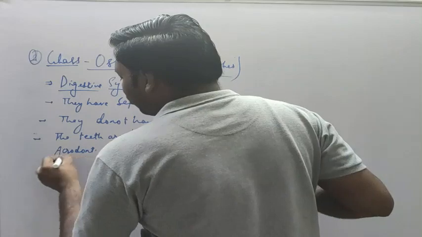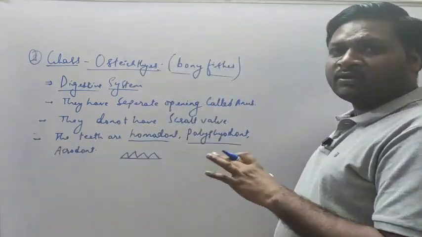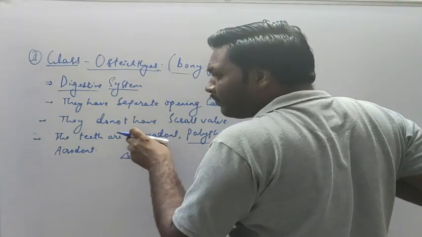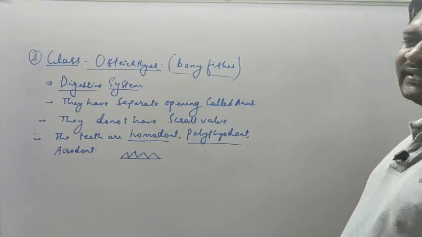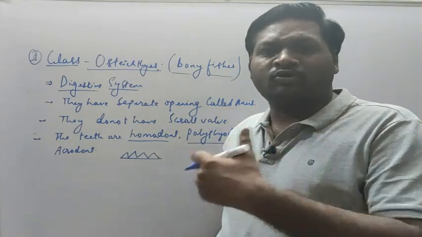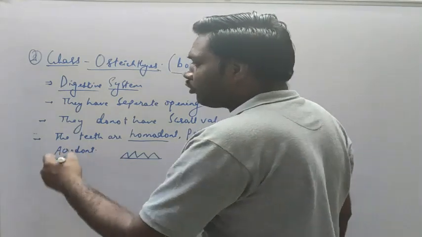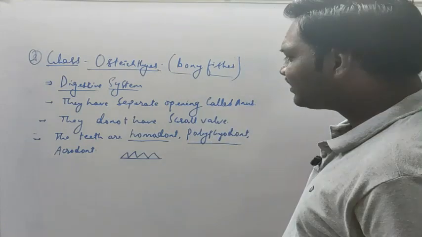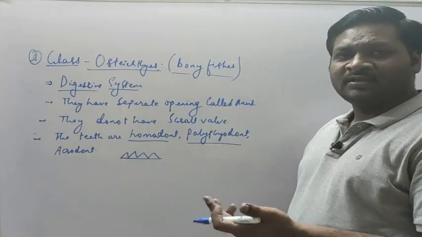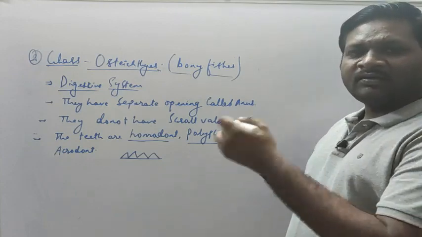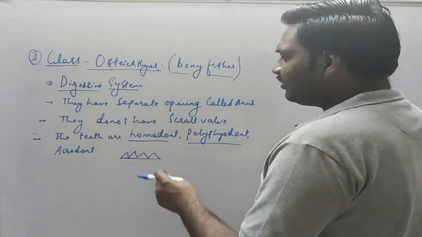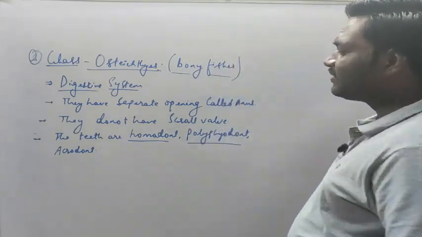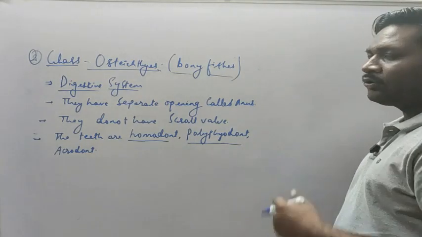The next, acrodont, it is the arrangement of the teeth within the jaw socket. Suppose this is a jaw socket and the teeth are very superficially arranged. So when they catch the prey, most of the teeth are broken down. Such an arrangement is called acrodont. Different types of arrangement are seen in different types of animals. We will discuss it when we discuss the digestion and absorption chapter, where we have the different types of teeth. Now here the bony fishes possess the homodont, polyphyodont and acrodont properties.